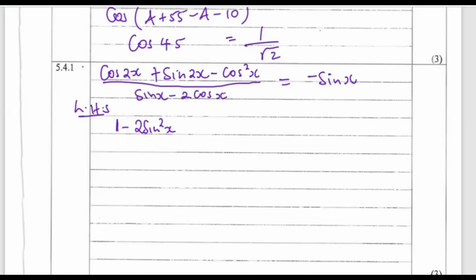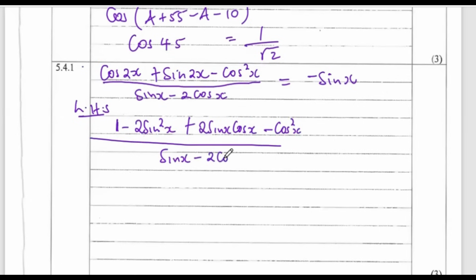1 minus 2 sine squared x, plus the sine 2x is going to be 2 sine x cos x, minus this is cos squared x. This is over the sine x minus 2 cos x. Okay, when I change that,